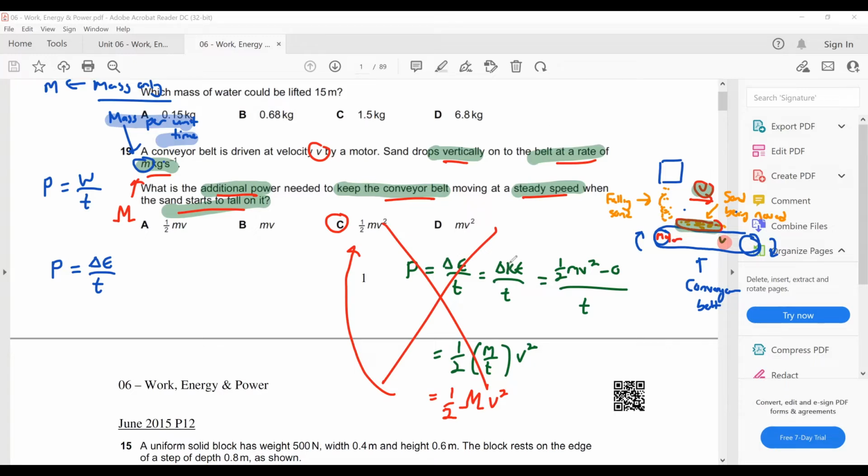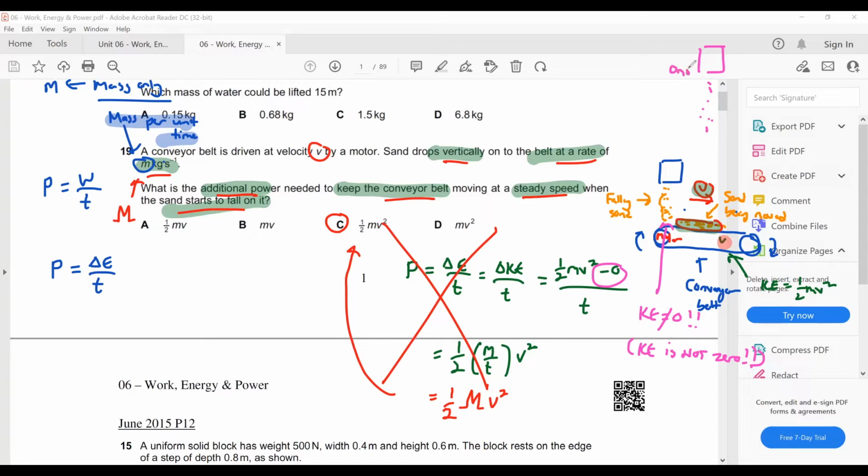You notice that change in KE must always be the difference in energy between 2 points. So it could be that here your KE is half mv squared. That is correct. But here, we're going to use a different color to highlight it. Your KE here is not 0. Because you see this method here depends on you saying that the initial KE is 0. But the fact is that the KE here is not 0 because when you try to drop the sand,